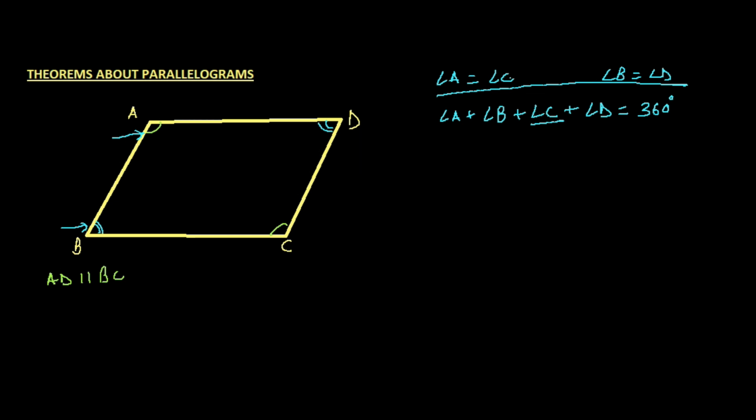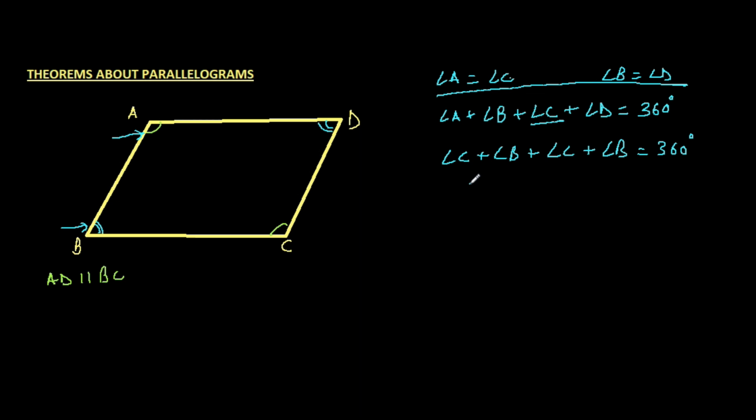So again we start with this, that angle A plus angle B plus angle C plus angle D is equal to 360 degrees. There's no doubt about that, because that's just the angle sum property of a quadrilateral. So now this time I'm again going to substitute the values, but a little differently this time. So we know that angle B is the same as angle D. So instead of angle D, I can write angle B. And we know that angle A is the same as angle C. So instead of angle A, I will write it as angle C now. So angle C plus angle B plus angle C plus, instead of angle D, now I'll write it as angle B. That is equal to 360 degrees.